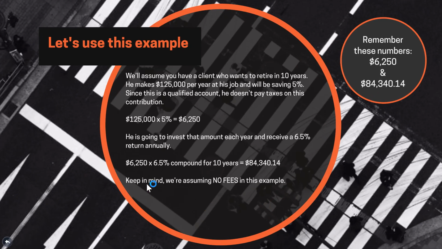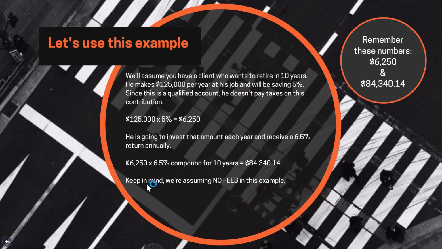So let's talk about this example, and I want to show you how throughout the course of this, you can position this with your clients. If we assume in this example we've got a guy that's, let's say, 55 and he's going to retire in 10 years. He makes about $125,000 a year. And like most Americans, he's going to save about 5% of his income in some sort of retirement savings vehicle. If he does that, that's about $6,250. In our example here, let's assume that he gets a 6.5% rate of return, which is pretty average for what the market's doing right now.